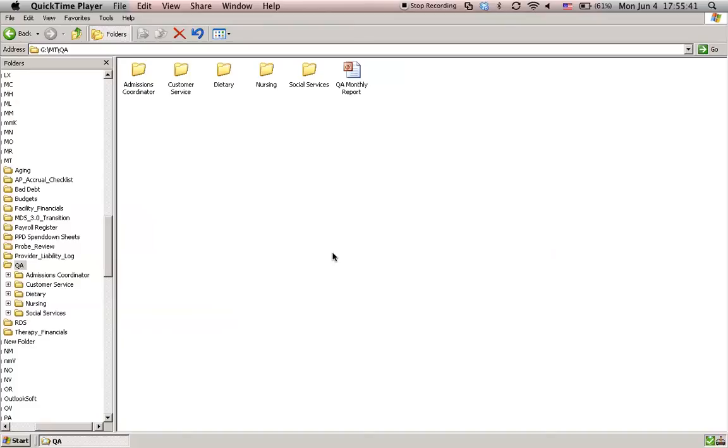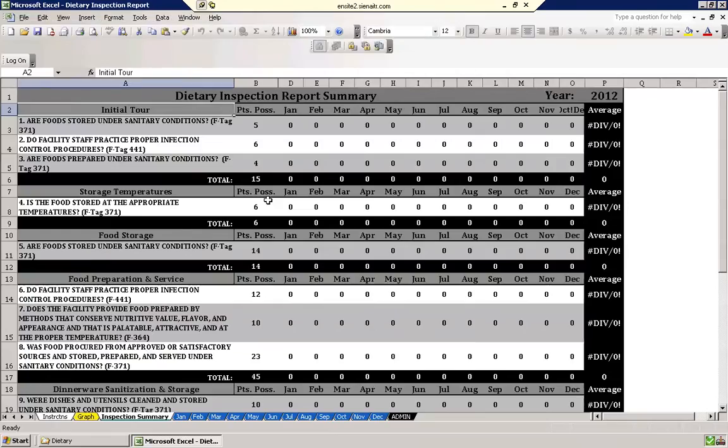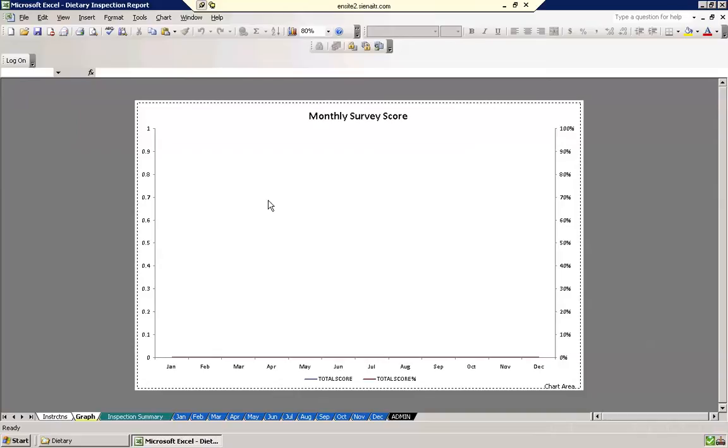Okay, so in this next video I'm going to show you what's in the dietary folder. I'm going to open up the dietary folder. Within the dietary folder there is one file. It's called the Dietary Inspection Report. I'm going to open that up, and it's the same thing as the other